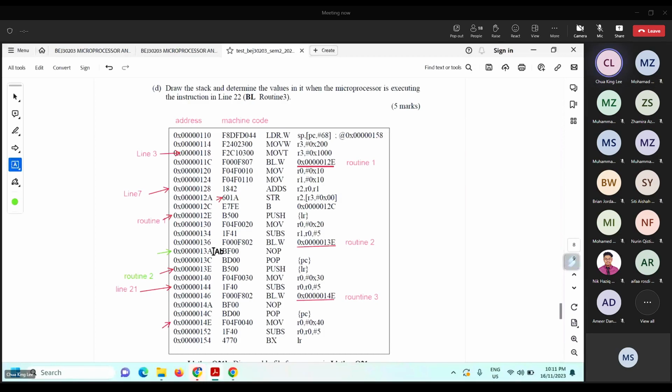But since it jumped to a subroutine, 13A becomes the return address. It will be pushed into the LR register, but the actual value of LR will be equal to 13A